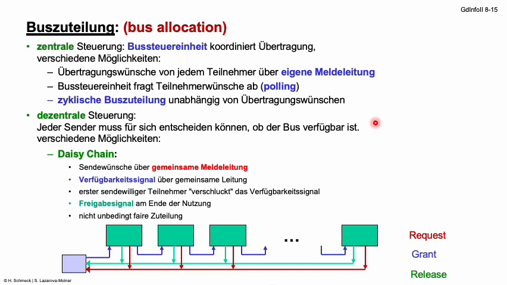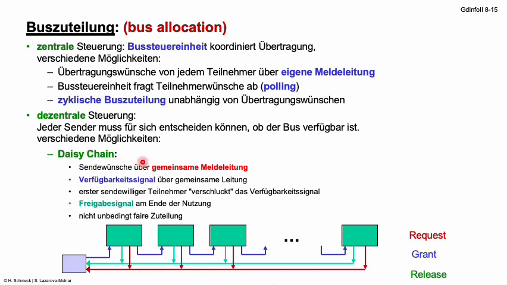So you go one by one and each one gets a chance. So there are different ways, as you can see. And it could also be decentralized, so we don't have a bus control unit, but every sender decides for itself whether the bus is available, or finds out by itself whether the bus is available or not. And there are different possibilities. As we will see also, we will continue on the next slide, but one of them is using a daisy